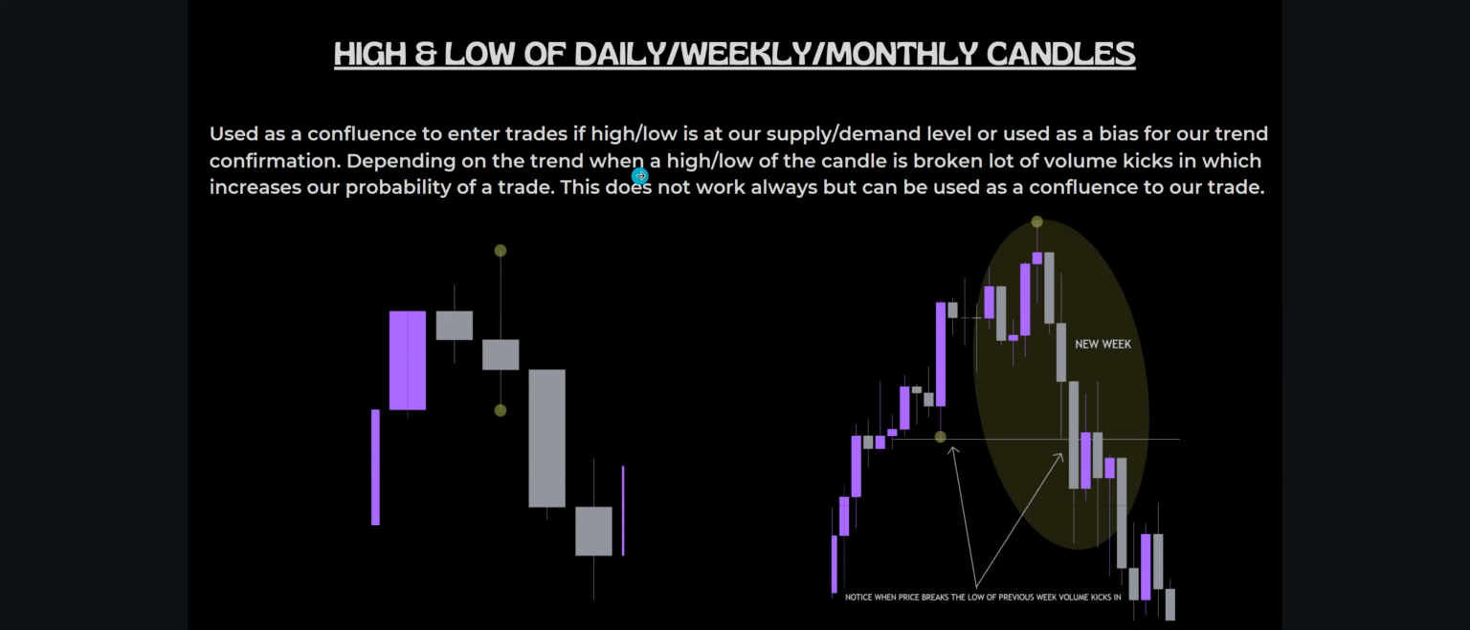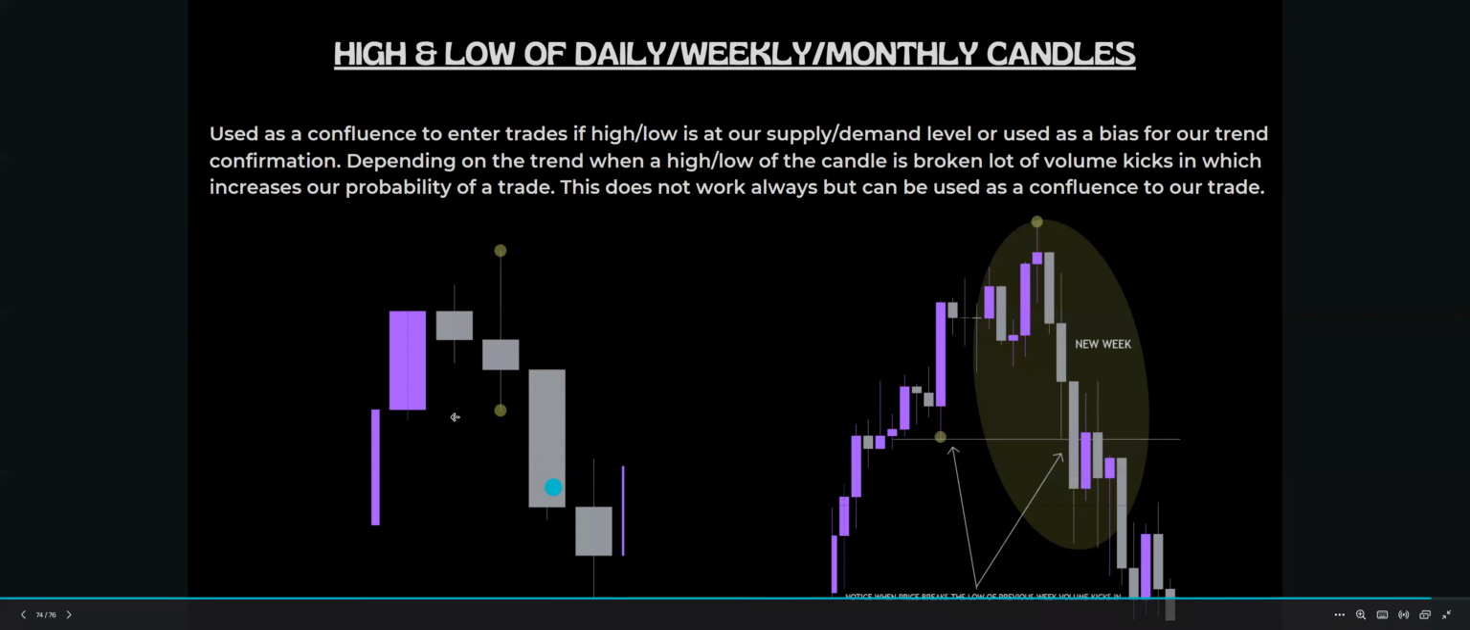Depending on the trend, when a high or a low of a candle is broken, a lot of volume starts kicking in, which increases our probability of a trade, because when the volume kicks in, it can go in our favor much quicker. This does not always work, which I have mentioned, but it can be used as a confluence for our trades, right? So an example down here, if you look at the first photo right there, that is your